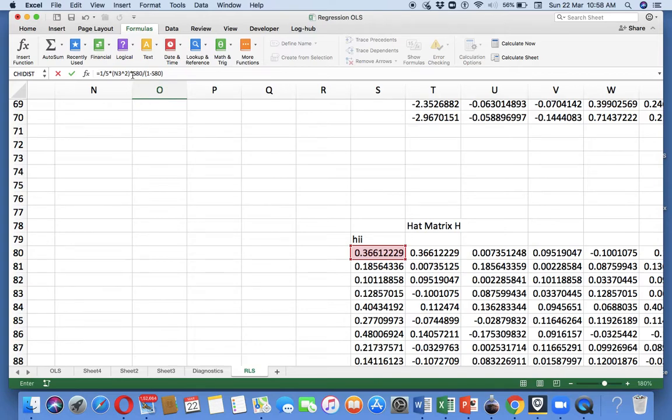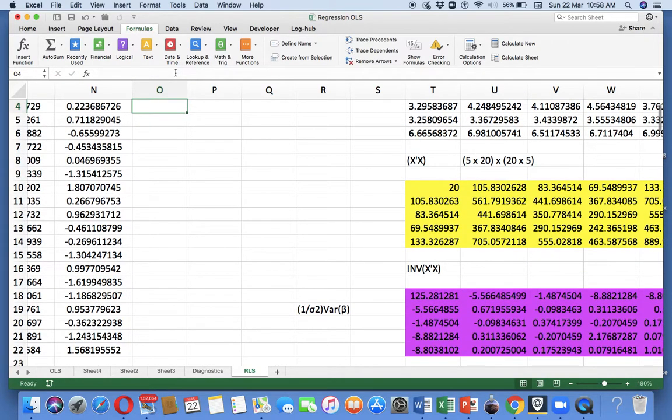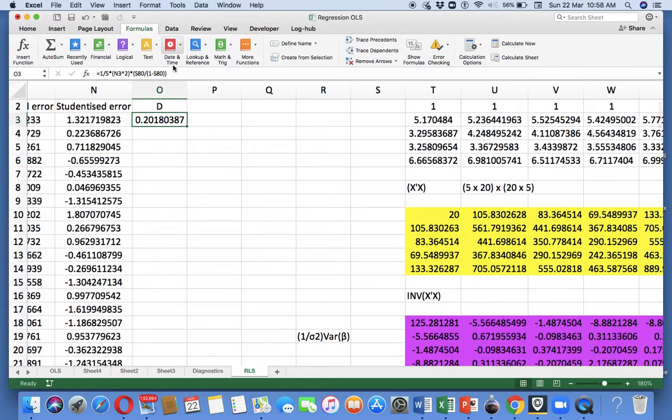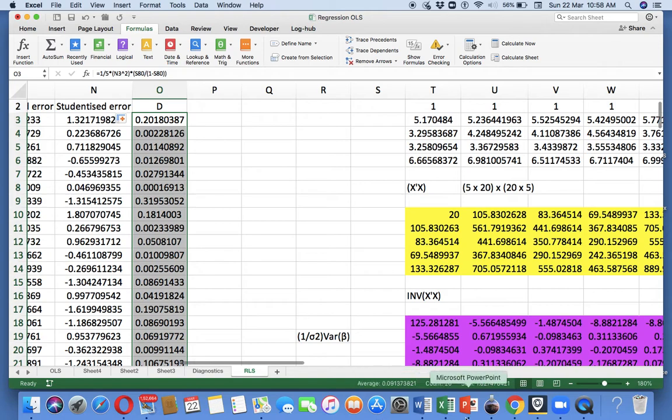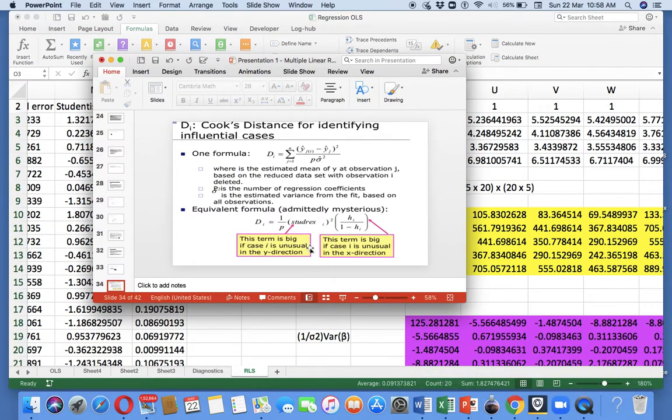This whole thing I can put into a bracket for completeness. Okay, this is the Cook's D. So please see, Cook's D is calculated like that: 1 by P into studentized residual squared into H divided by 1 minus H. Admittedly mysterious, but it gives you the Cook's distance.